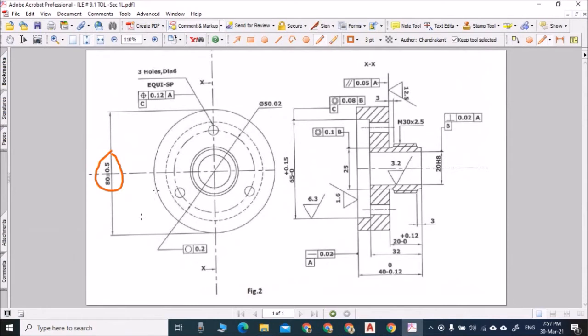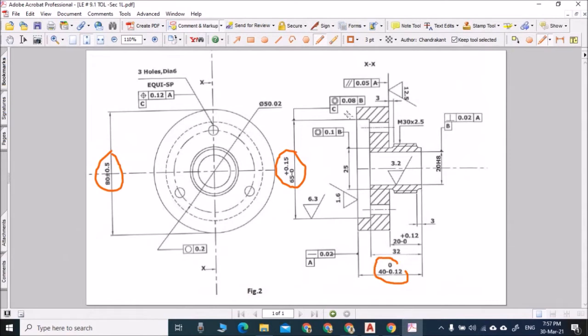So this is a symmetrical dimension. Okay, so this is a deviation. This is symmetrical. Deviation means both sides, plus and minus values, and we can change it. Here also bilateral.